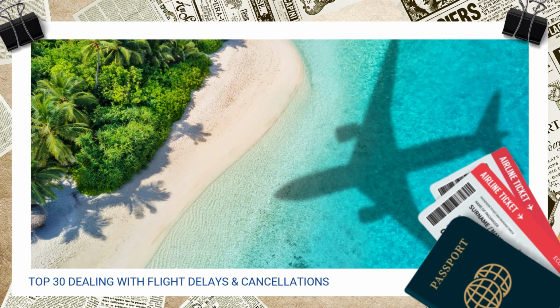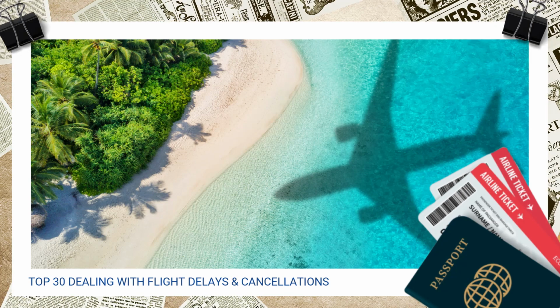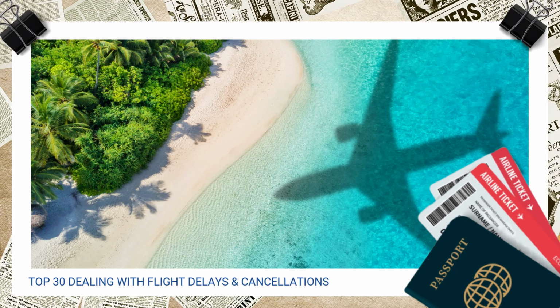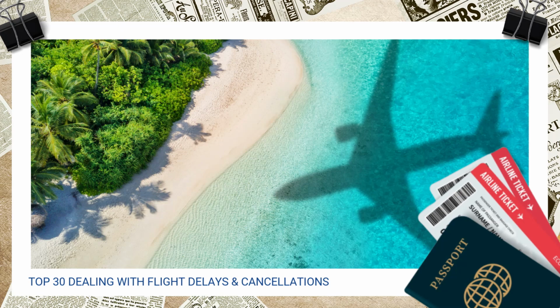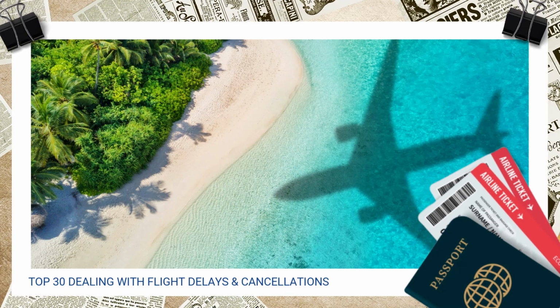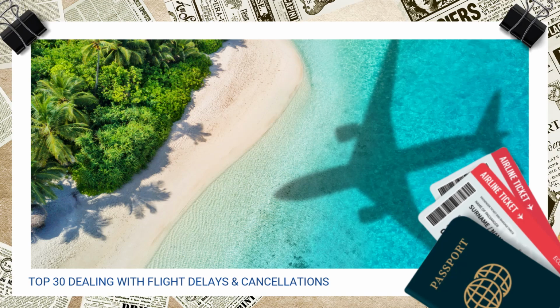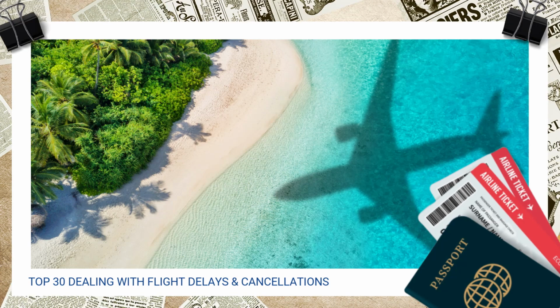Airline's responsibility: if your flight is canceled due to something the airline can control, like mechanical issues, overbooking, or crew scheduling, they are typically responsible for rebooking you and offering compensation. Airlines can't avoid responsibility for these situations. If the cancellation was on the airline's part, you may be entitled to things like meal vouchers, accommodation, and compensation